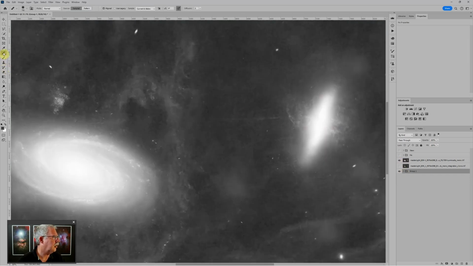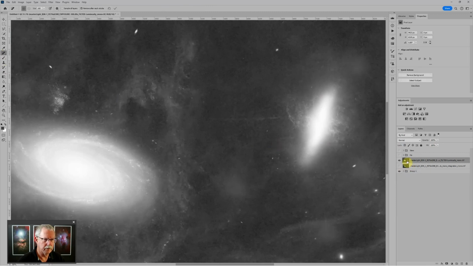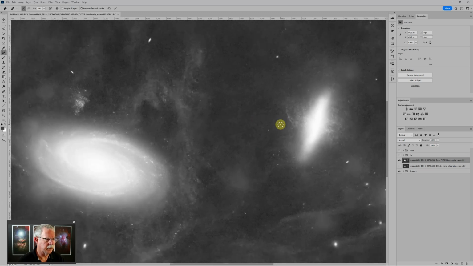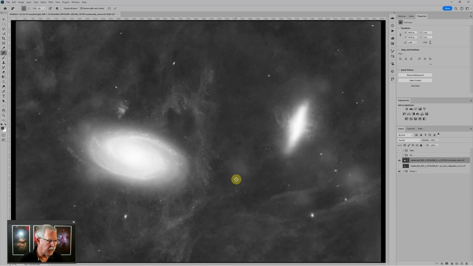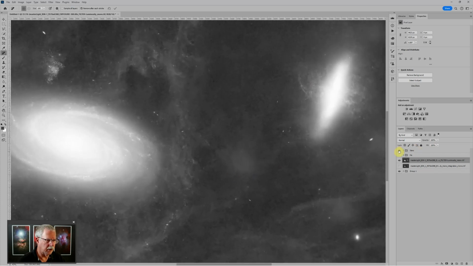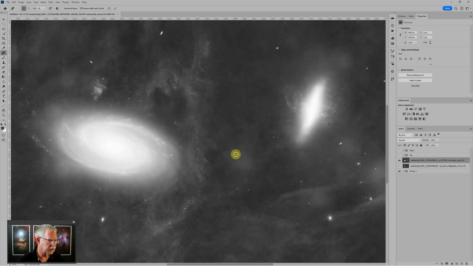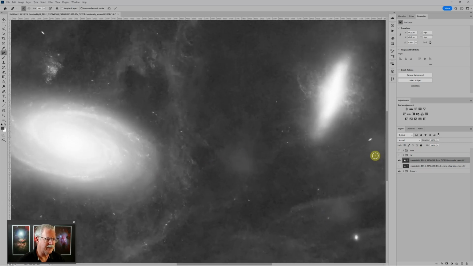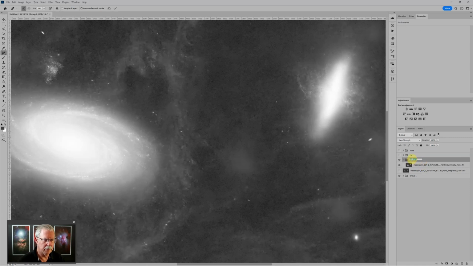So I'm going to grab Photoshop's Remove tool, click on this layer, and just drag along that streak, and Photoshop will remove it by blending in the surrounding area. We've got some areas where there are bright stars, for instance right here, and the star removal has left a kind of a big blank spot. Let's go ahead and put this into a group. We'll label it